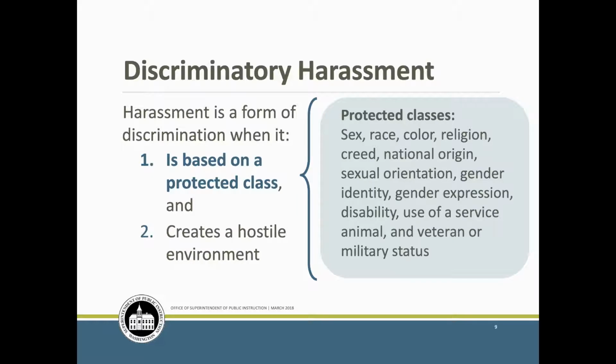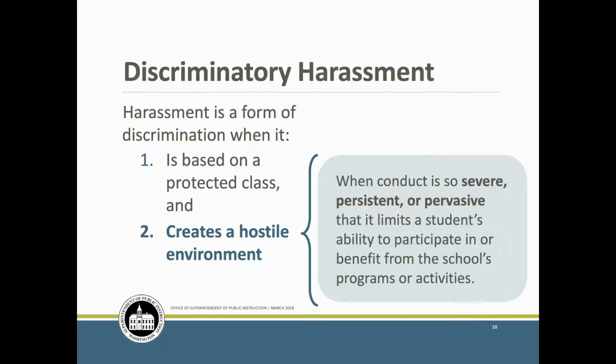First, discriminatory harassment is based on a protected class. Let's refresh ourselves on the list of protected classes we covered earlier. These are sex, race, color, religion, creed, national origin, sexual orientation, gender identity, gender expression, disability, use of a service animal, and veteran or military status. Next, it creates a hostile environment for the targeted student or other